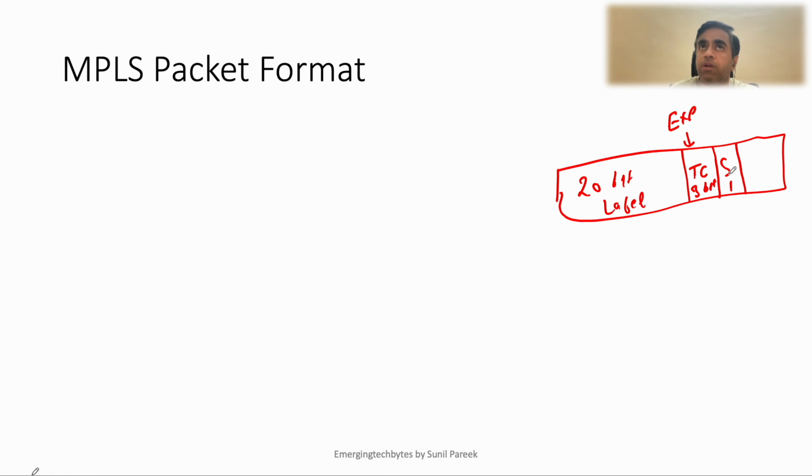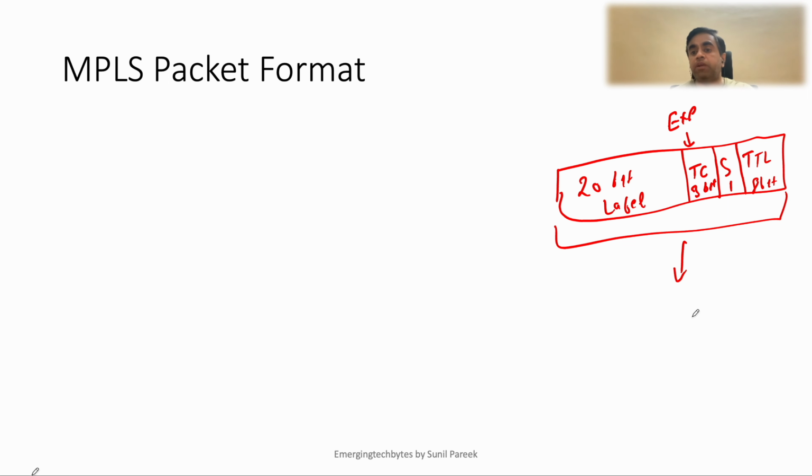Don't worry if you don't understand this, we will talk about it. And then there is another field which is TTL, that is an 8-bit field. This is it. This is your MPLS packet format